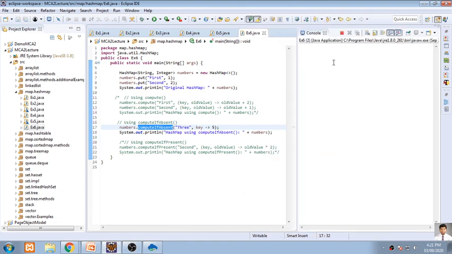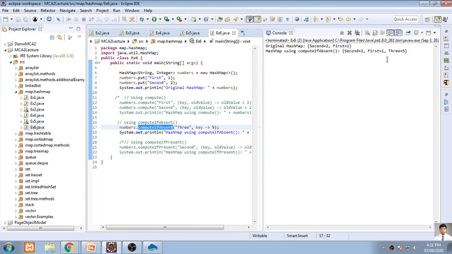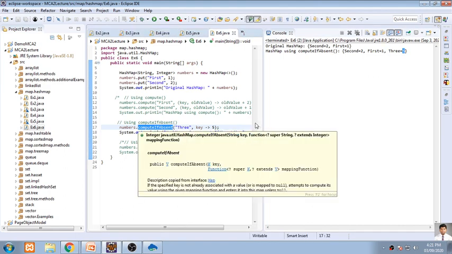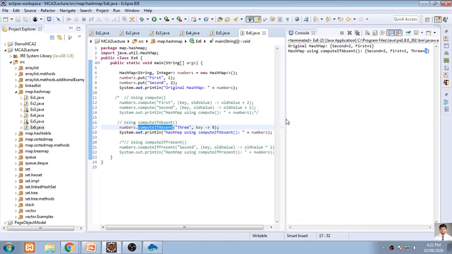See, I'm adding here. So 3 will be added with the value 5. So compute if absent can be used for the purpose of adding runtime keys and values also. Okay. So 3 is a key and I specify its value as 5.